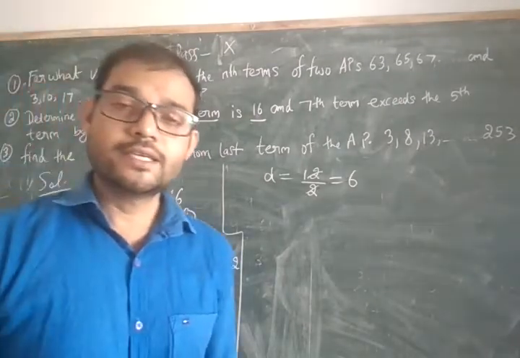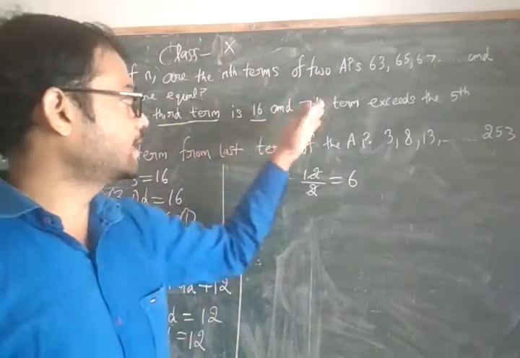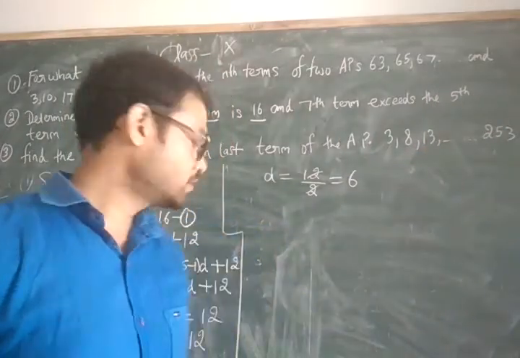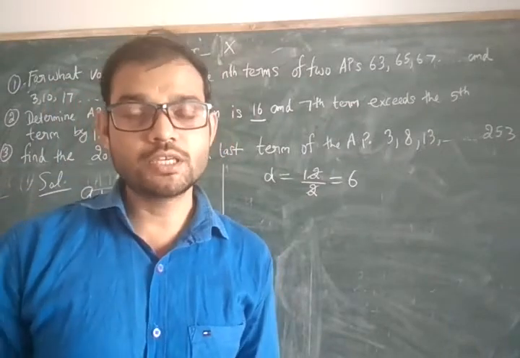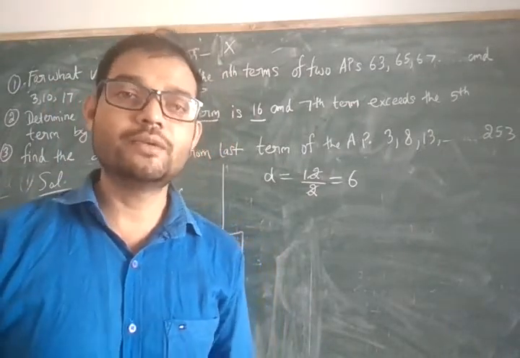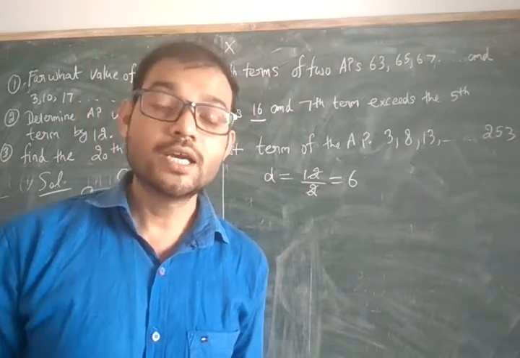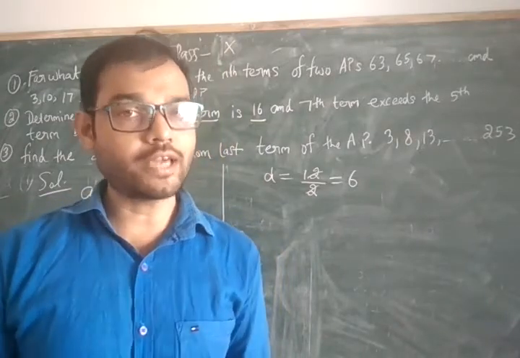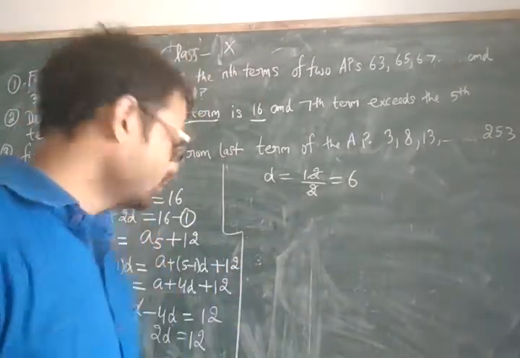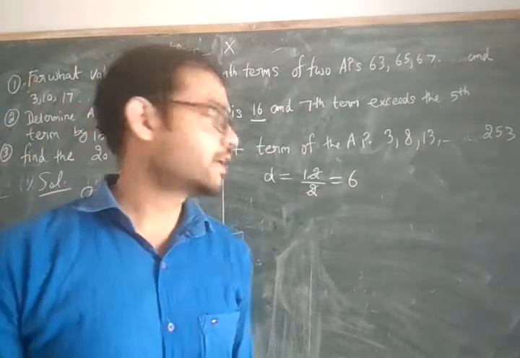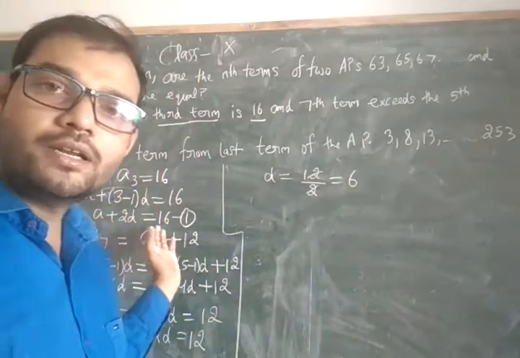Maybe in some question it can be written that only this is given, like the third term is 16 and the seventh term is 19. So in this case you have two equations. Just as your first equation was made, in the same way you will have a second equation, and you will solve those two equations using the elimination method, or you can also solve them with the substitution method. Okay students, if equations in the form of A and D are made, then in that case. But in this case we do not have that type of equation, because A has cancelled, and you get your D as 6, and now you can put the value of D in your equation number first.